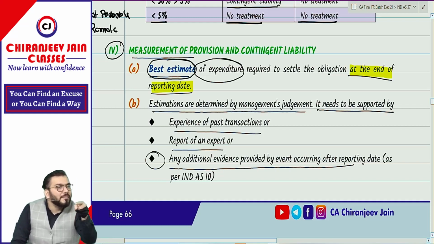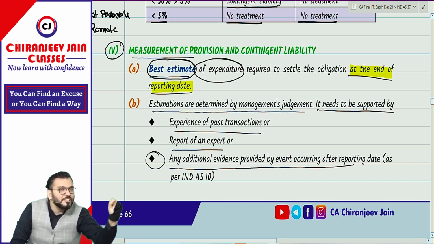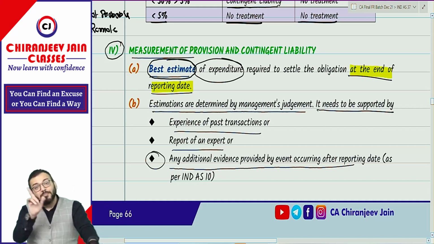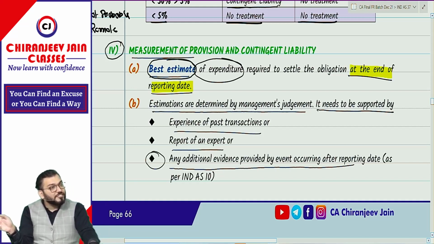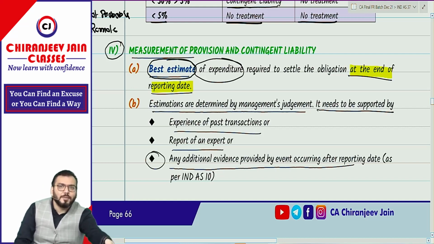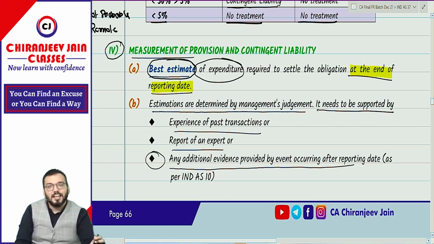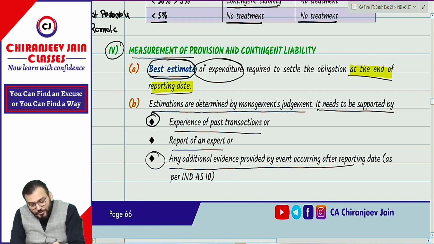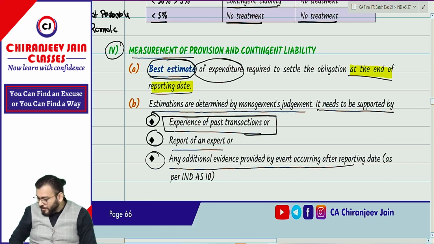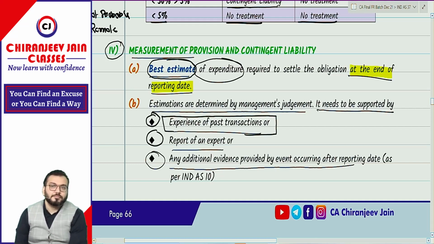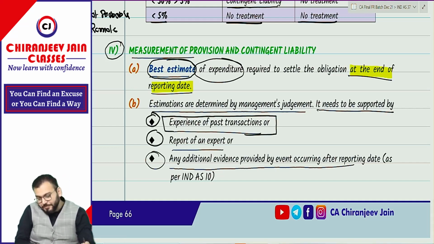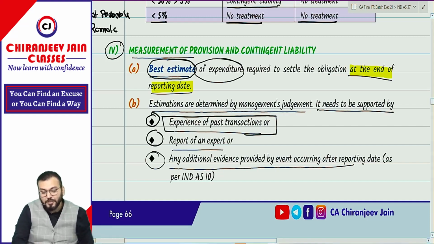So right now, I will count the number of students, multiply by 2%, that is the number of students, multiply by fees into 50%, that is the best estimate of the expenditure. A similar transaction has been done in the past batches, so I can take the help of that. And if that is not available, take the help of what? Expert. If that is also not available, then wait for the additional evidence. Understood? However, normally in practical scenarios, the experience of past transactions is taken into consideration. Correct? Understood? Yes, sir. Now,